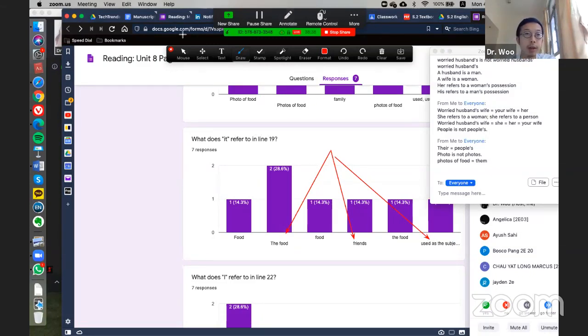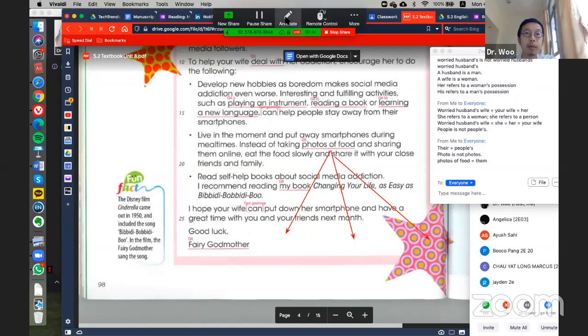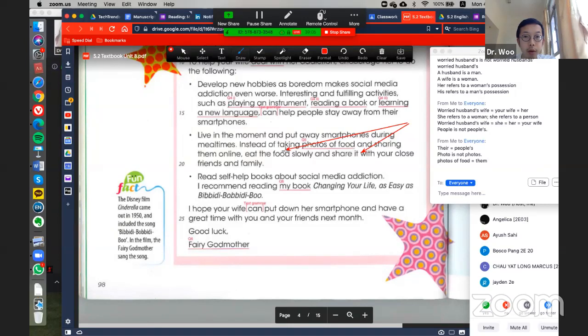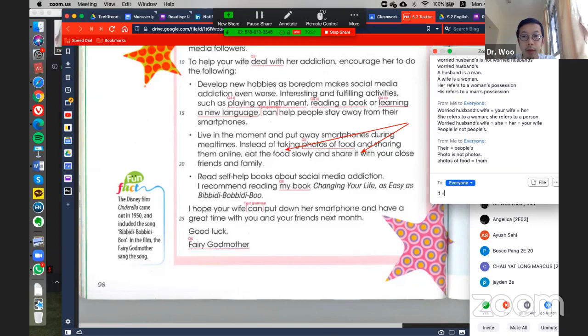So let's take a look. Line 19, it's. Okay. Eat the food slowly and share the food with your close friends and family. So it equals